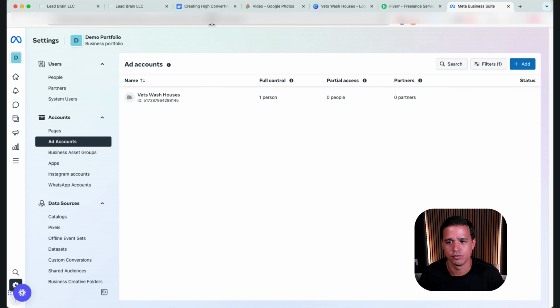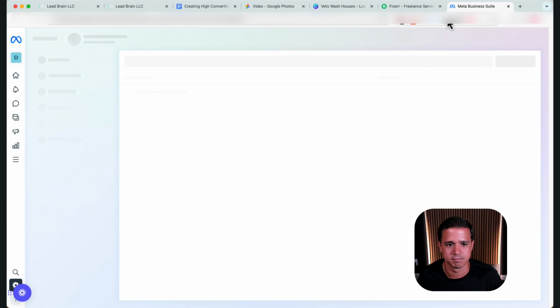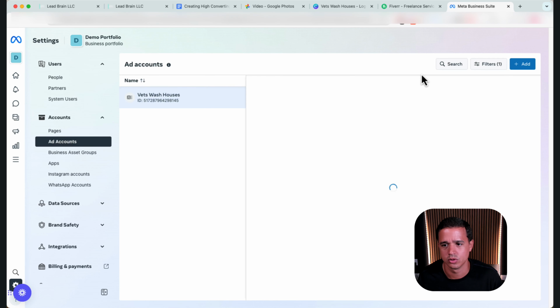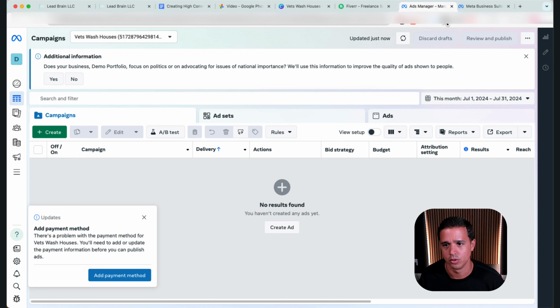So now if we come in here and let's refresh this, sometimes things need to be refreshed in the Meta Business Suite. I am going to go ahead and pull up the ad account. So let's see if it behaves with us. Open an ads manager. For some reason when I'm recording I can't click this button. So I'm going to go ahead and open this on my separate window, and I'll drag it up here in a second. So bear with me. Let's see if I can find it. Awesome. Here we go.